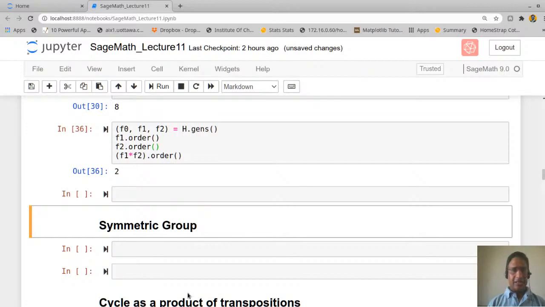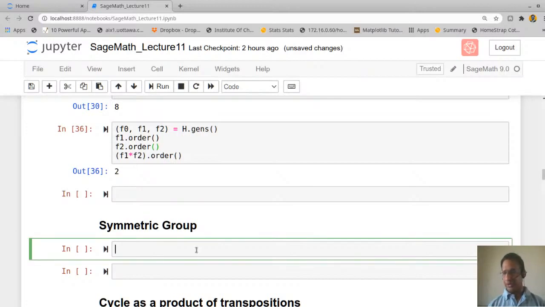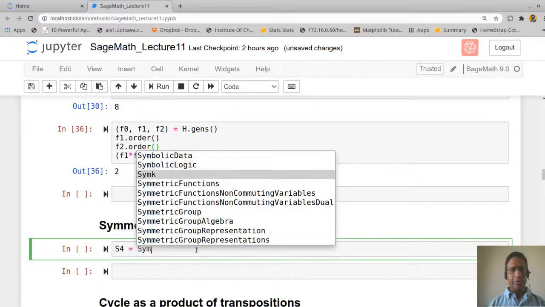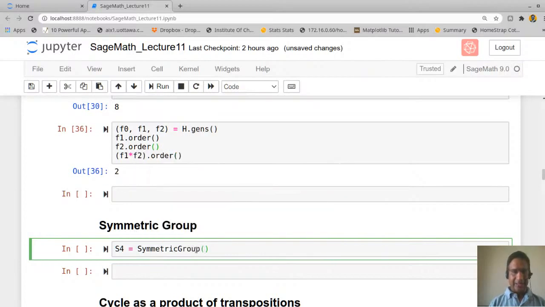Okay, so let us see how we can define it. Suppose we want to define, let us say, S4, the group of symmetries on 4 symbols, or this is nothing but bijections from 1 2 3 4 to itself. So let me call this S4, and then you have to say symmetric group, and in brackets you write the number 4.